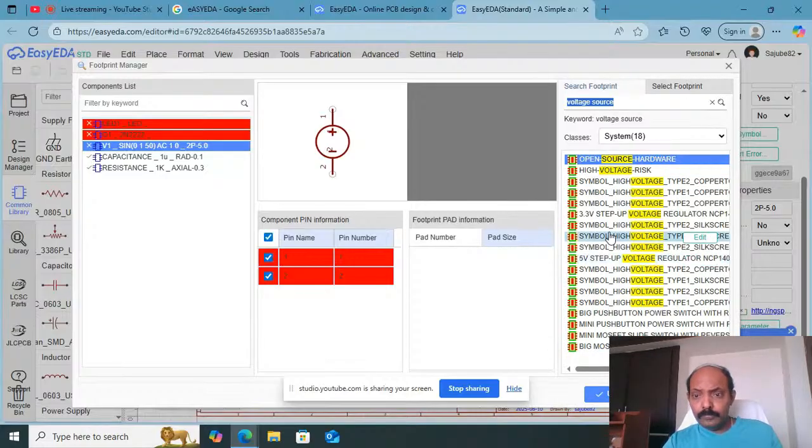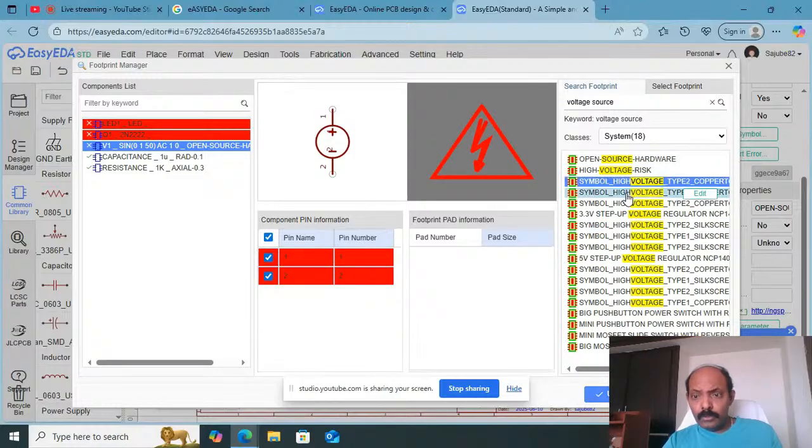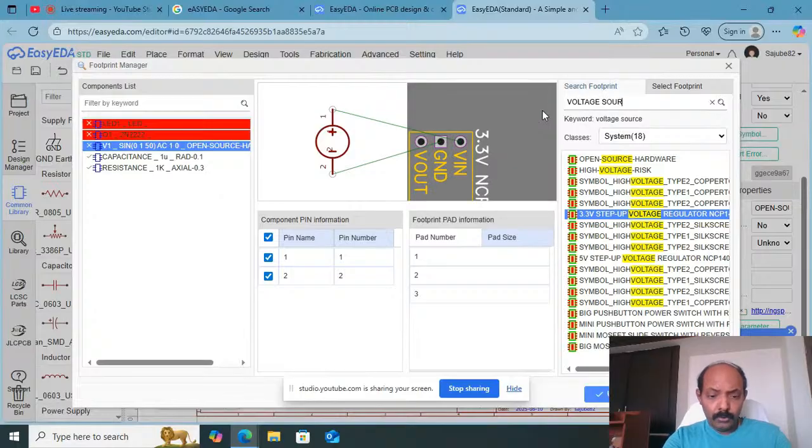Put it here, whatever the voltage source we need, we'll connect. Okay, so this is the voltage source. Another sources: voltage source is there. Voltage source,